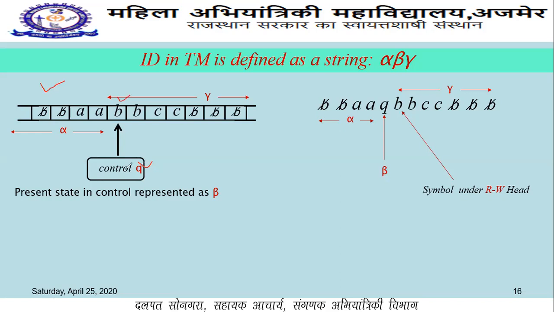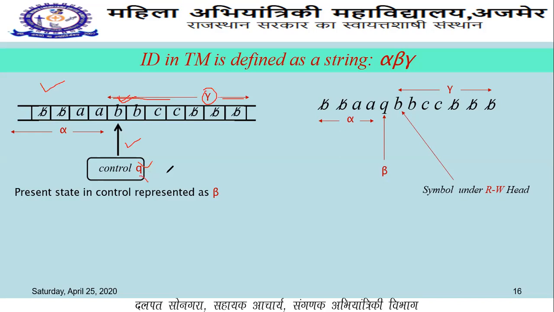So from this current symbol b to its right hand side, this is represented as gamma, or we can say the leftmost symbol of this gamma is read by the read write head of this Turing machine. Okay, so this is our gamma string, whereas this state q